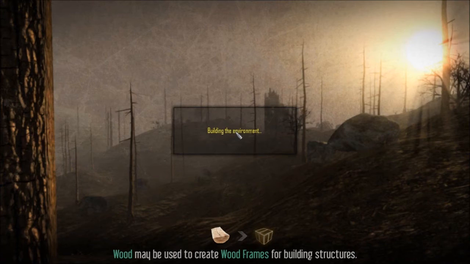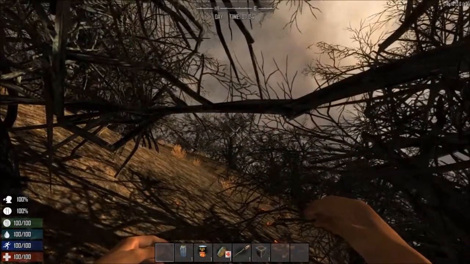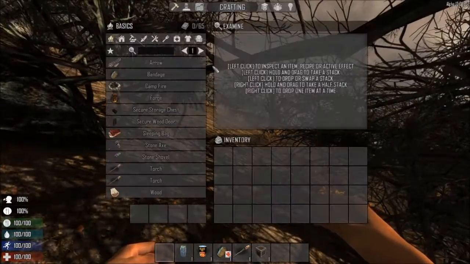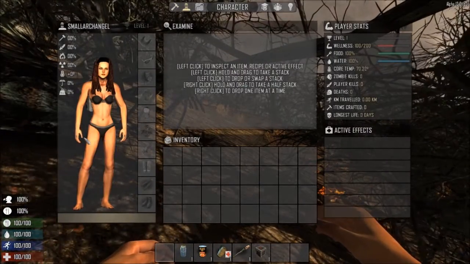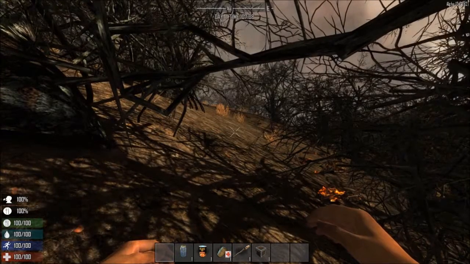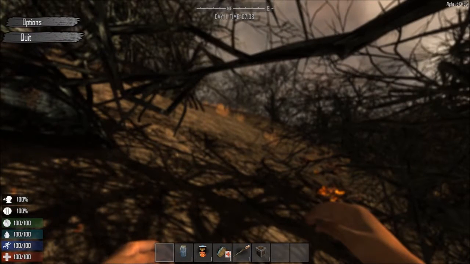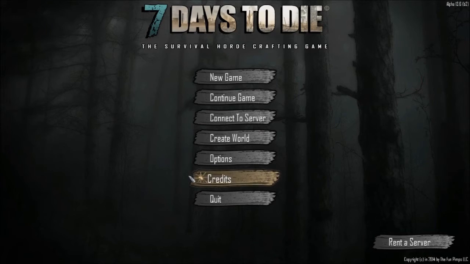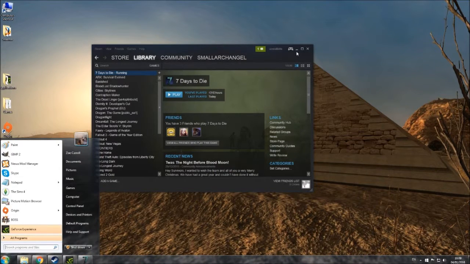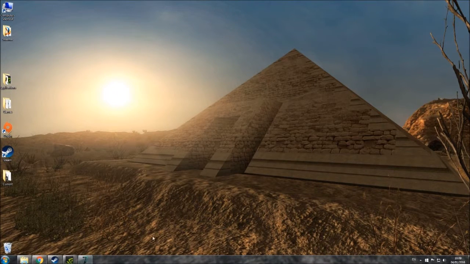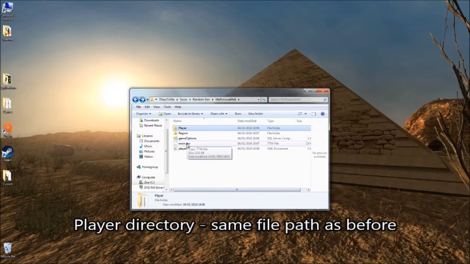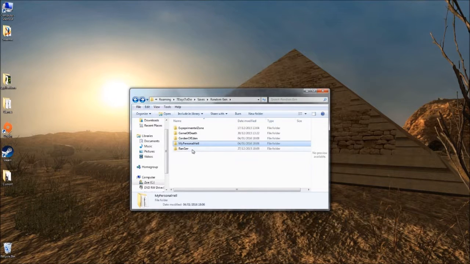and sort of set it up so you've built the file into your player directory. There we go, ping, and obviously there we are with our starting gear, and here we are with absolutely nothing but our dreadlocks and our backpack. So then if we quit out of that, and again I don't think we need to quit all the way back to desktop here, we go back into here, and we go back,